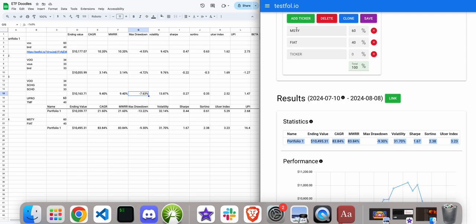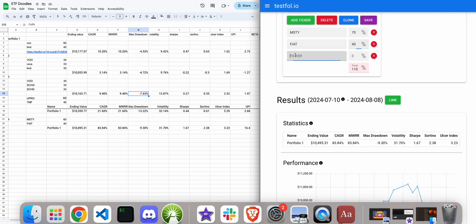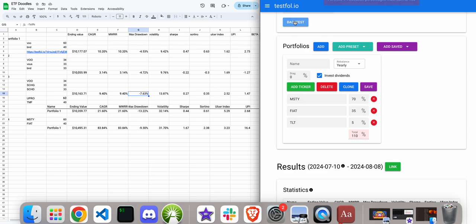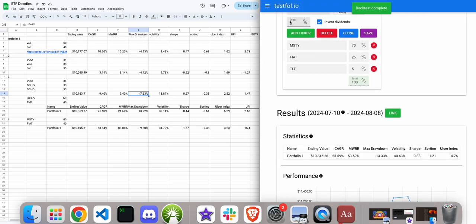Another option here is if we do like 70 Misty, and then, see, what I was going to do is, because TLT is the treasury bond one, if I did like 35 and then 5, we would have basically the same. Did I? No, I didn't even do that. That's because we didn't run the backtest again. 25. Okay. So